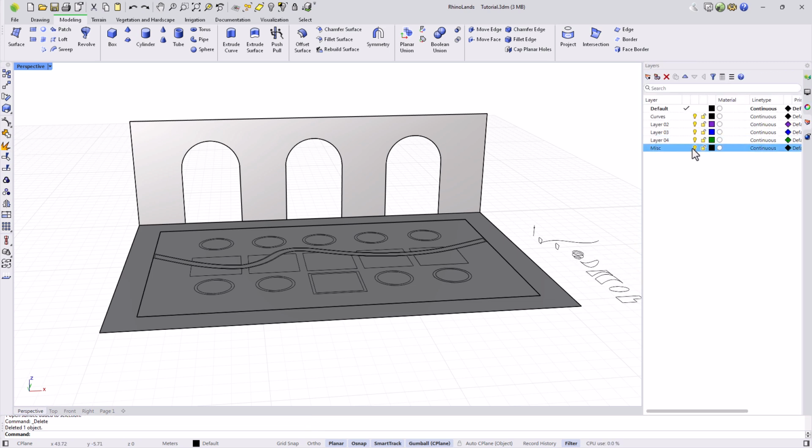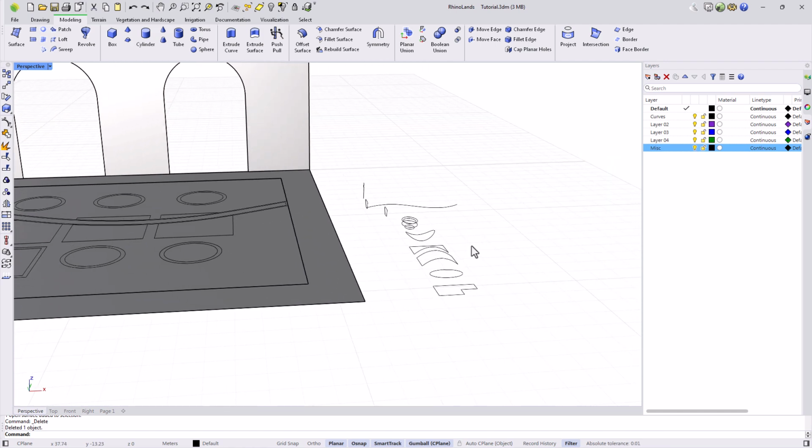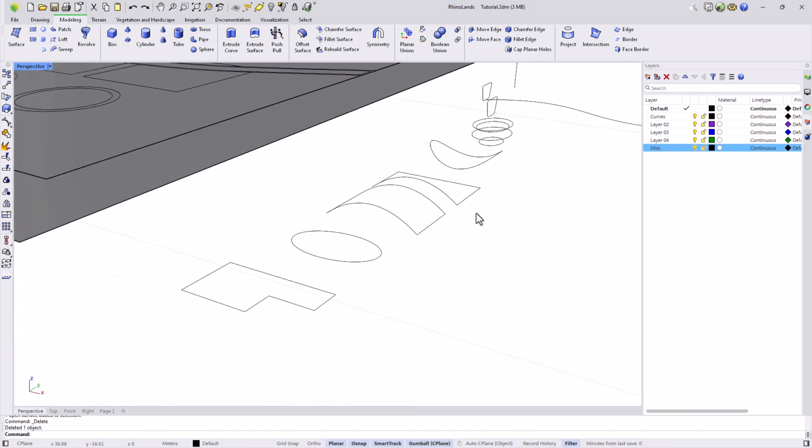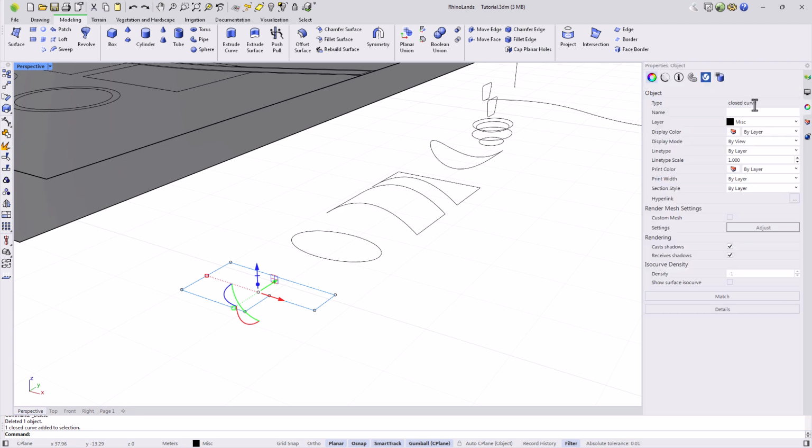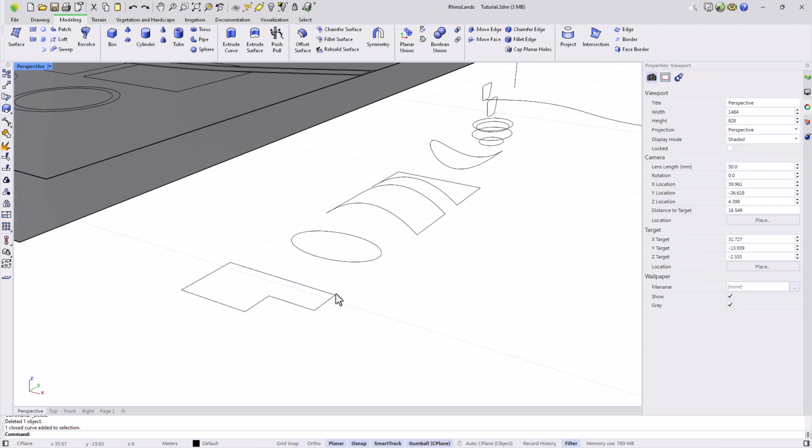To show the tools for creating surfaces from curves, I'm going to display a layer where I've created some shapes to streamline the explanations. The following command generates planar surfaces using curves, as long as they are closed and coplanar contours. If they don't generate, check the object properties to ensure it's a closed curve. If it's not, make sure there are no open vertices, and that all the lines are joined using the join command. In case we've made any precision errors in the drawing and the surface doesn't generate, indicating that it might not be coplanar,